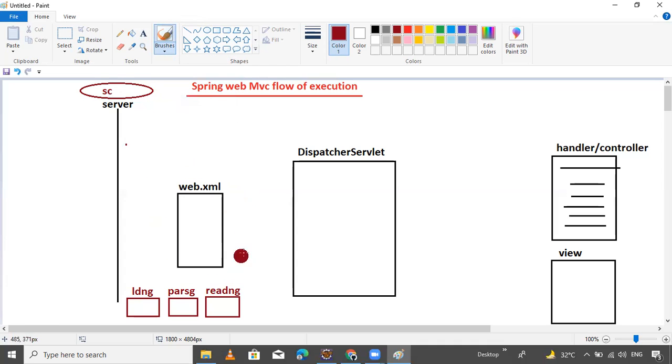The container loads, parses, and identifies the load-on-startup configuration. Here you can identify it in the web.xml file.